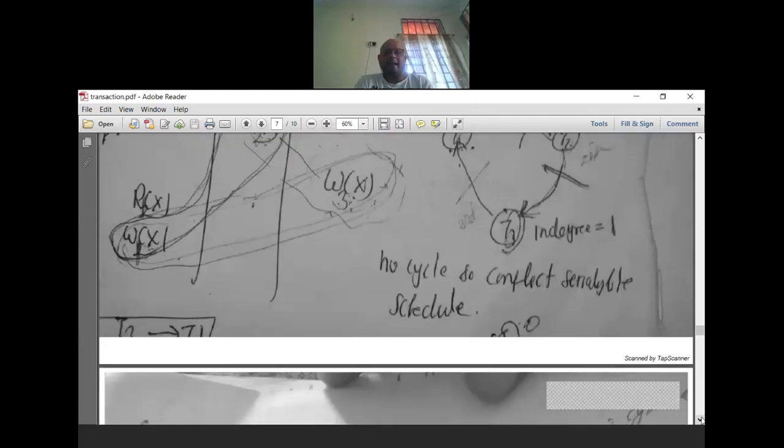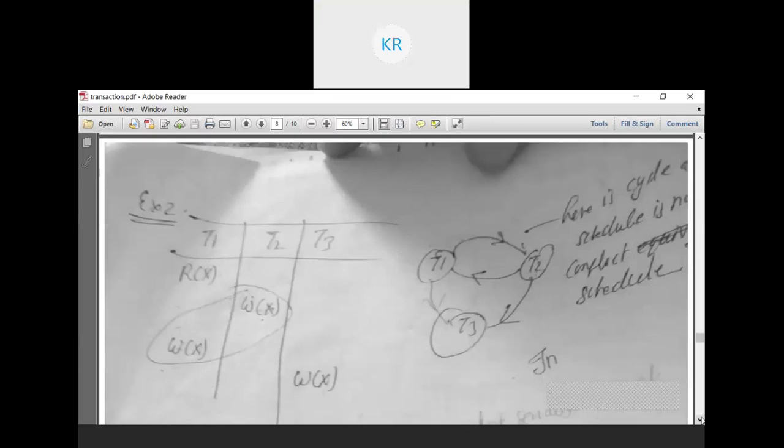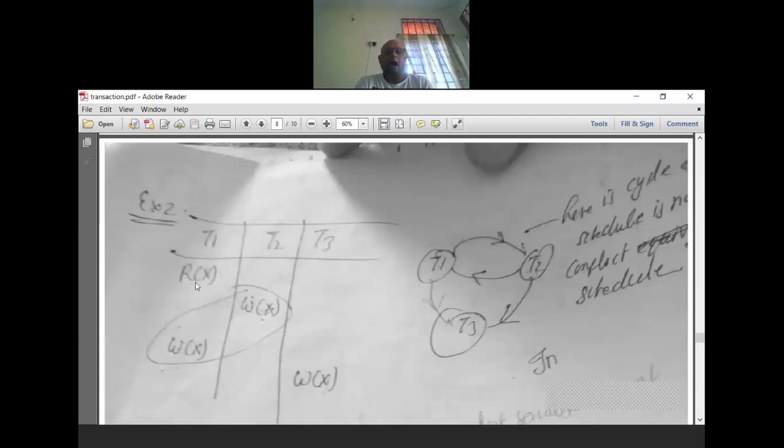And the next thing is, see, in a similar way, T1, T2, T3 schedules are given. Next example, Rx, Wx. I will see from T1 to T2 whether any conflict is there. From T1 to T2, read X and write X. This is the conflict. So T1 to T2, I have put one arrow. Next, I will see T1 to T3 whether there is a conflict, read X and write X. The data item also should be the same, then only a conflict arises. Read X, write X. There is a conflict. So I have put one arrow here, T1 to T3.